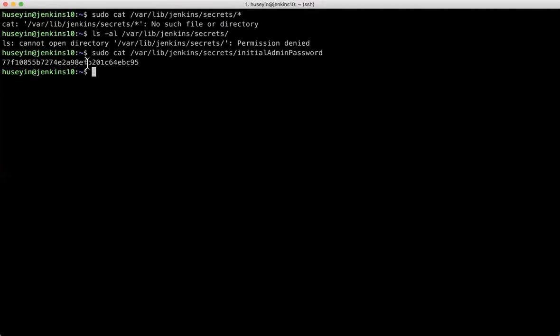When you do this, you will see the initial admin password for Jenkins. So I will copy this one, and then